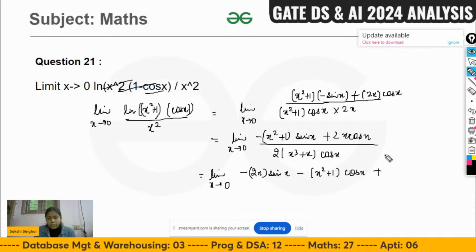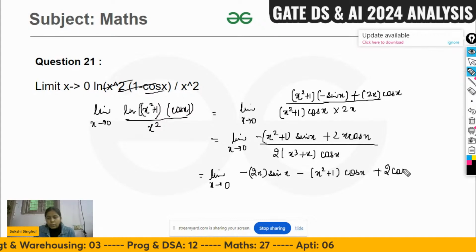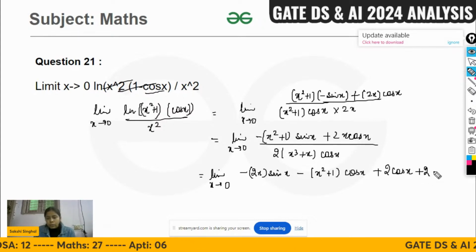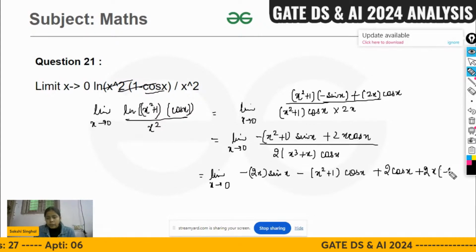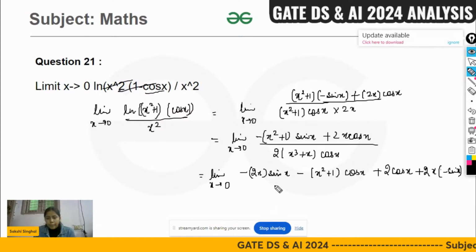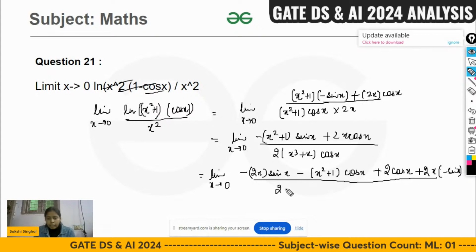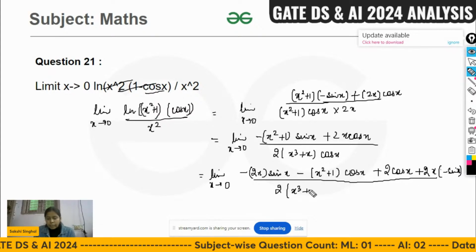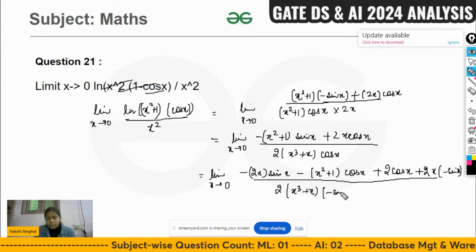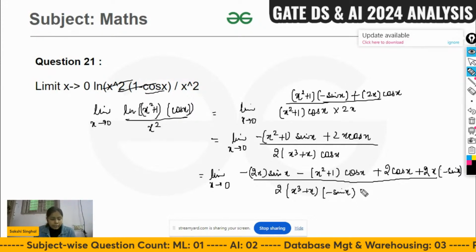And then differentiate this 2 of x cos x, the differentiation would be minus sin x, right? And if I differentiate the denominator, x cube plus x, let me keep it as it is. Differentiation of cos x is minus sin x. And then